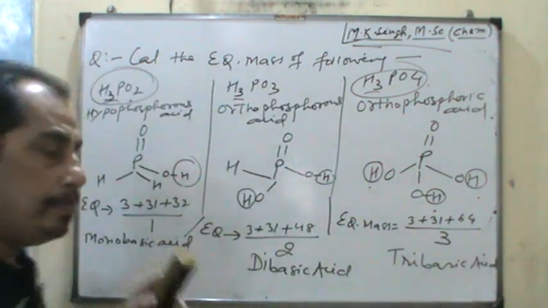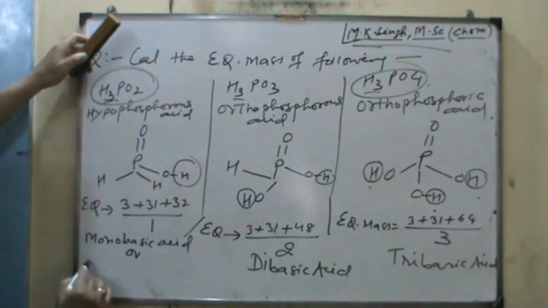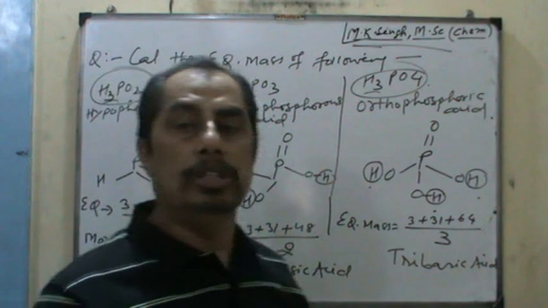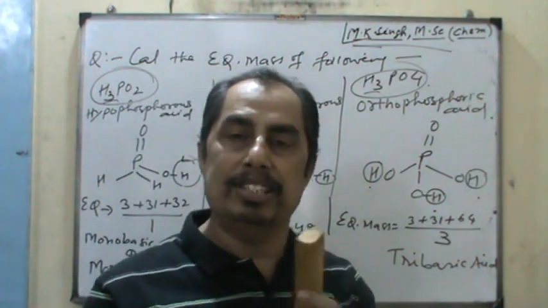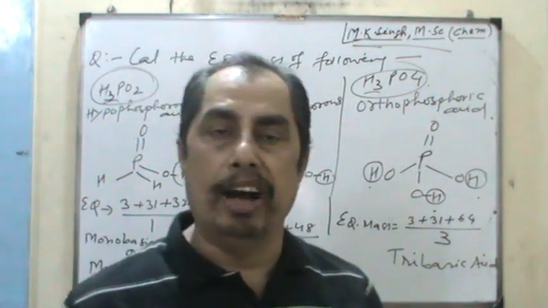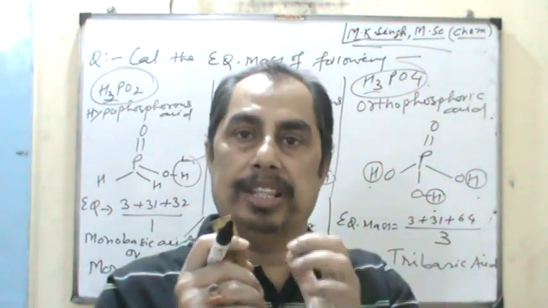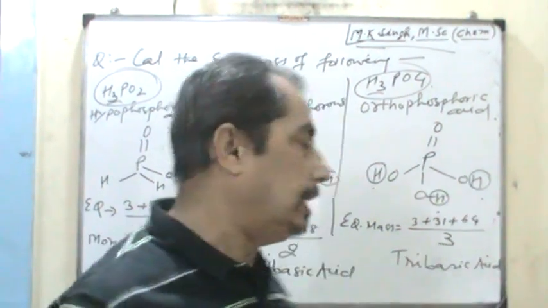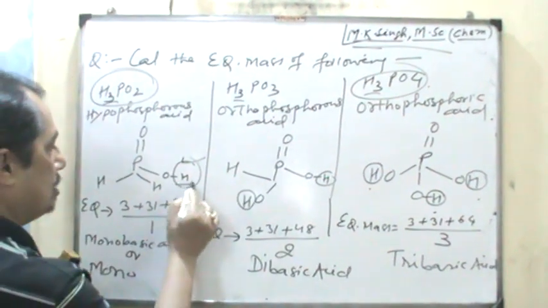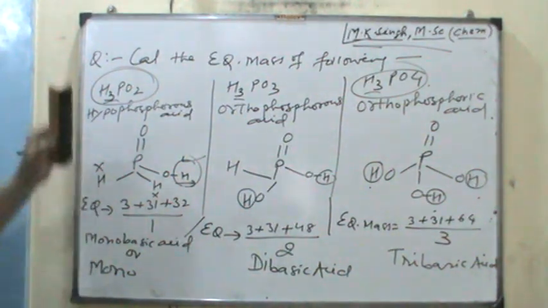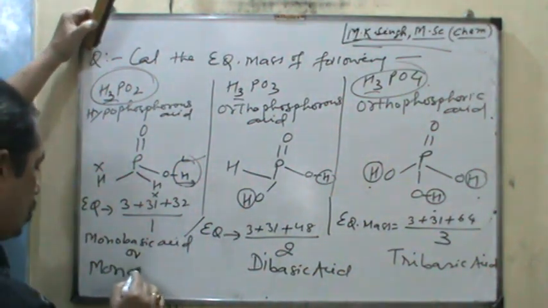Again you can say it is the mono, because it can donate only one proton. So it is monoprotic acid, because there is a strain between oxygen, which is highly electronegative, and hydrogen, which is electropositive. So there is a very soft bond between oxygen and hydrogen. So only this H is replaceable, but not this H and not this H. Therefore, it is known as monoprotic